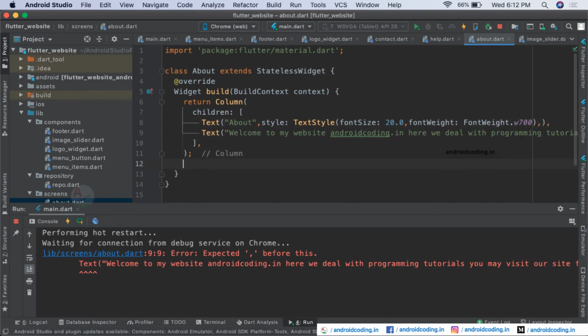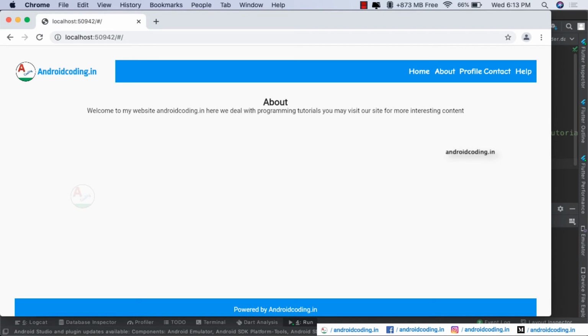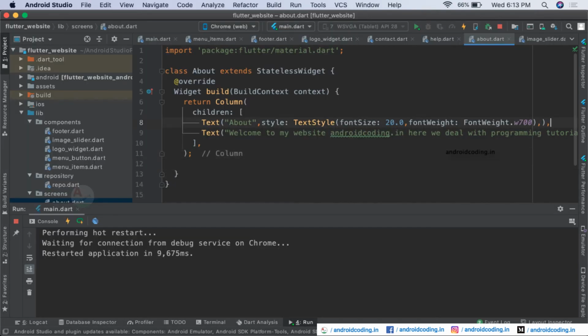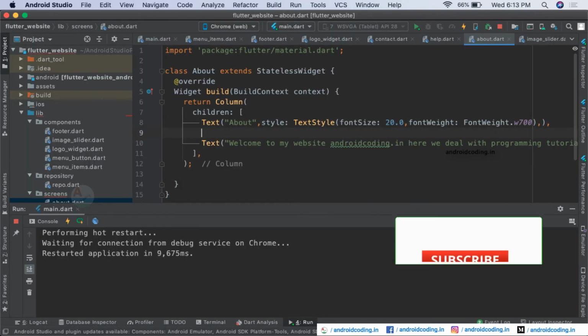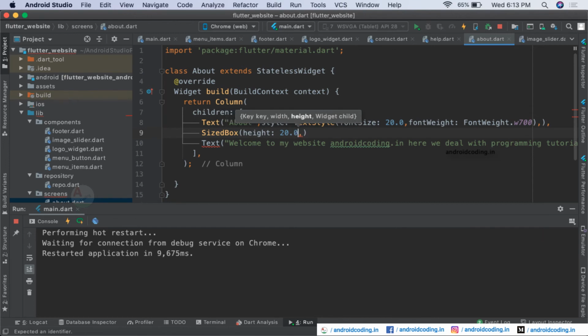Try to refresh the screen here. Inside the about section we have got some text, and using SizedBox here you can provide some height like 20.